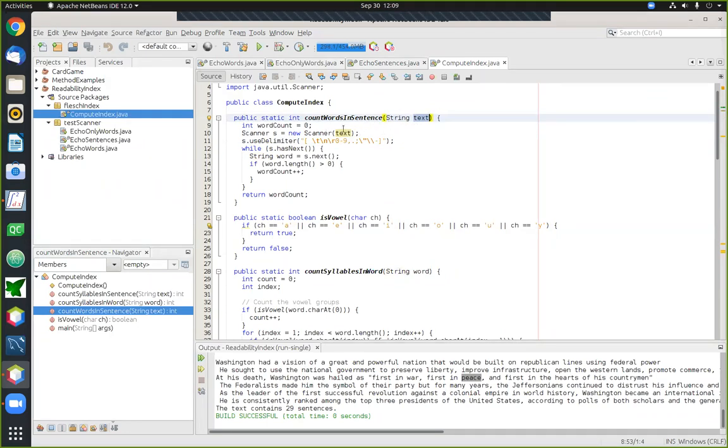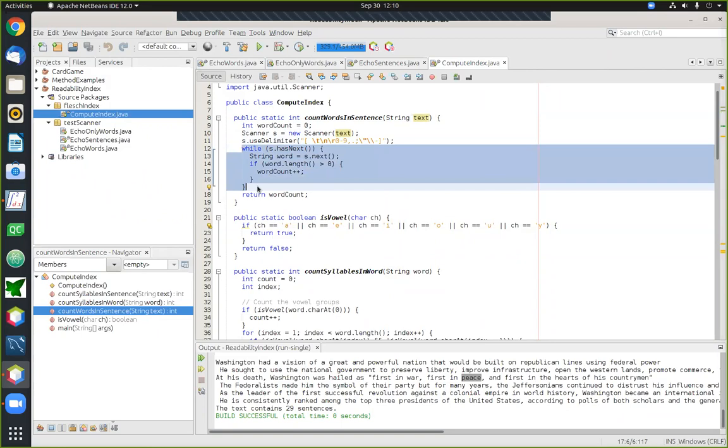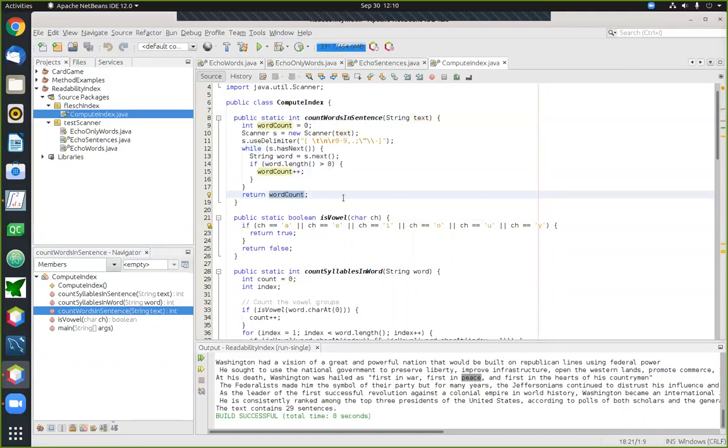And the trick I'm going to use here is I'm actually going to create a scanner that reads from the string instead of reading from a file or from the console. This is another thing you can do with the scanner. You can set up a scanner and say, hey, here's a block of text I want you to read from that. And then I'm also going to tell you how to break things up into words. And then we're going to go into the usual loop where we say, as long as there are more words left in the sentence, give me a word. And for each word that comes along, I'm simply going to count that. All right. Then at the end of that, I'm going to return the count of how many words I came across in the sentence. Yeah, so question here.